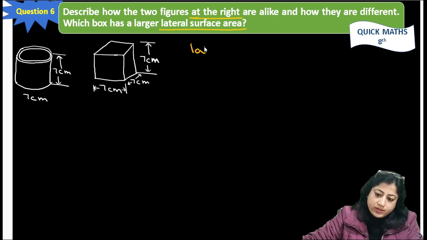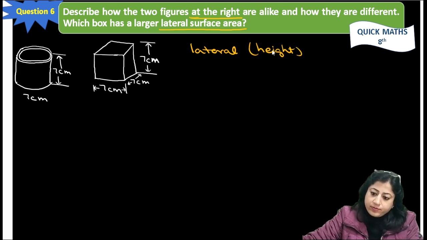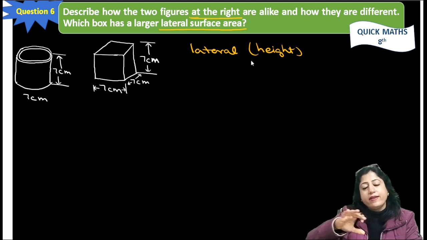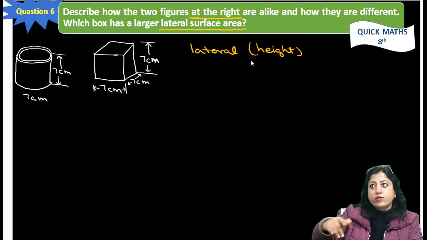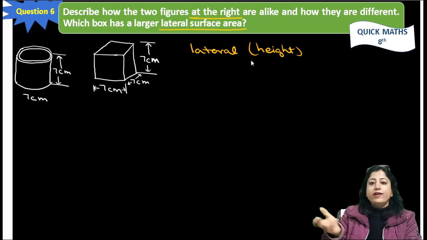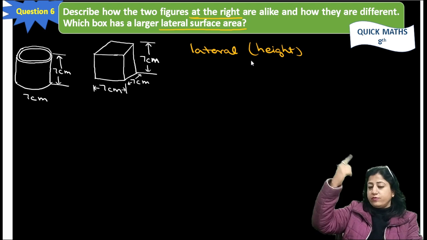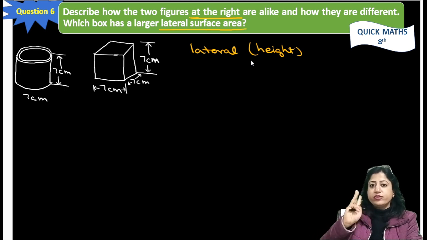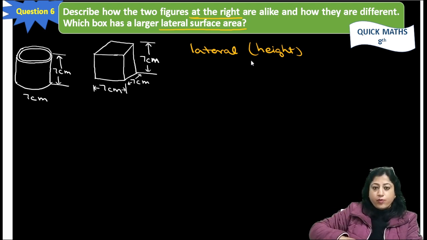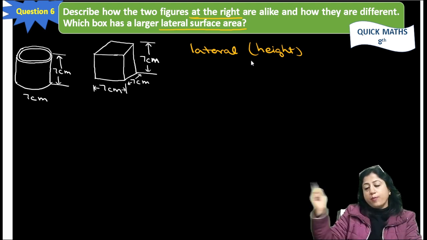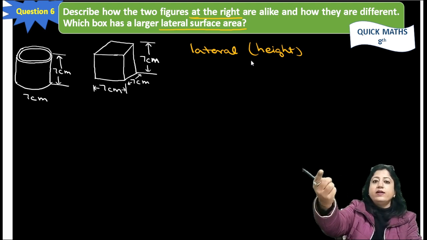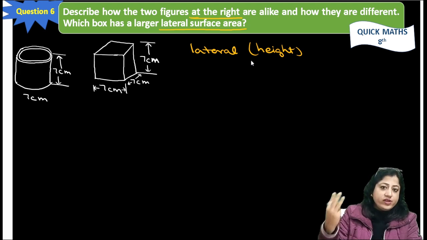First, we should know what lateral surface area is. Lateral means that it contains the height only. It must be remembered that lateral means the area that contains the height only. Suppose I am asking about this cuboid room. Then what is the total surface area? There are six opposite faces. Six means three pairs: roof and bottom, side and opposite side, and front and back. So there are three pairs in a cuboid.